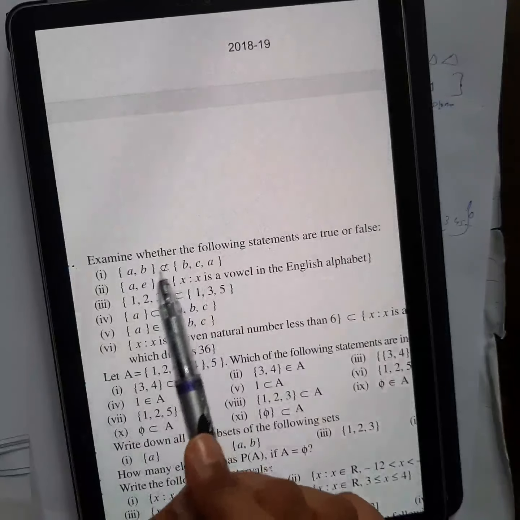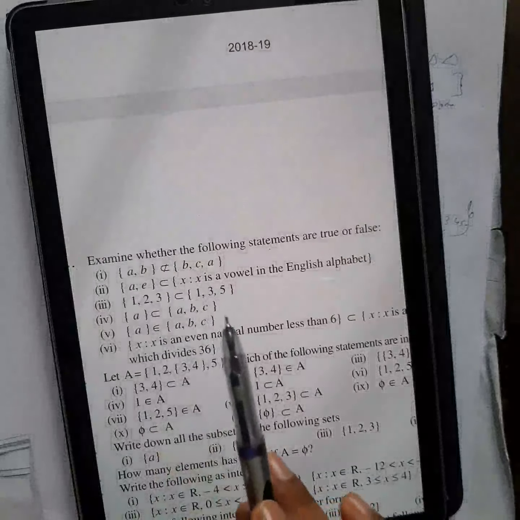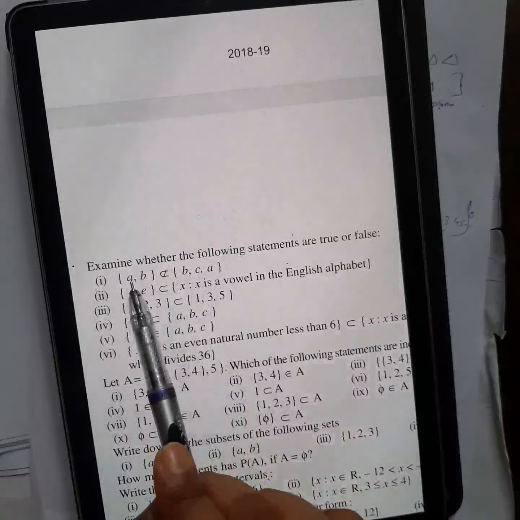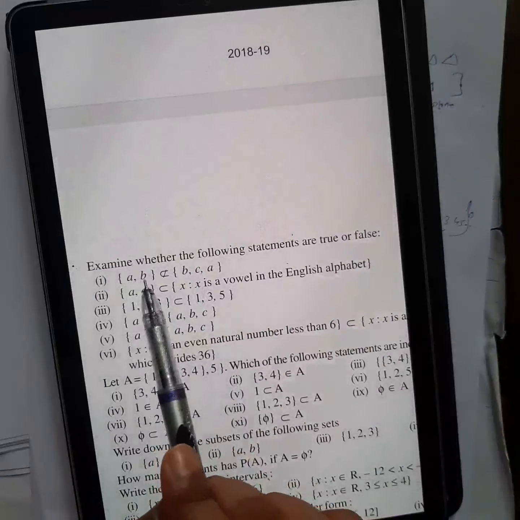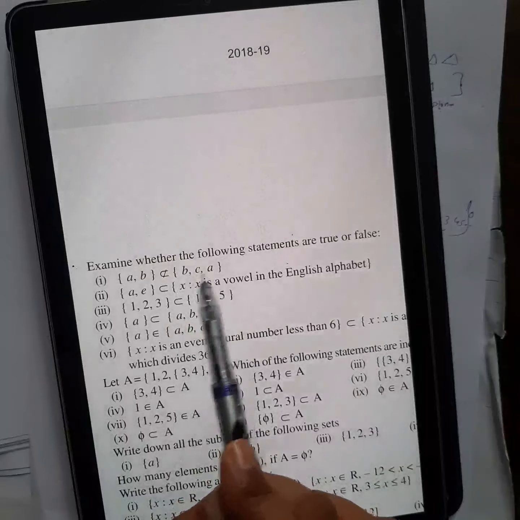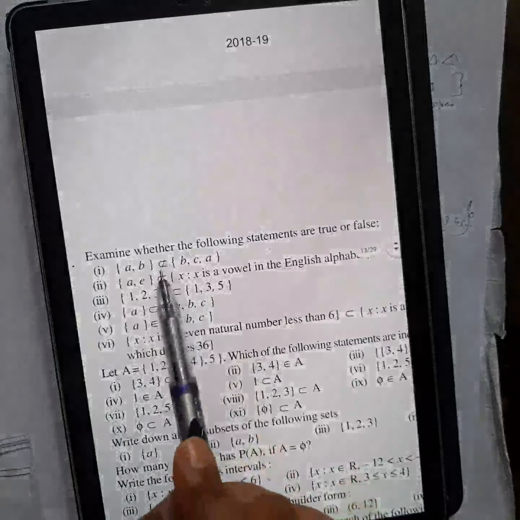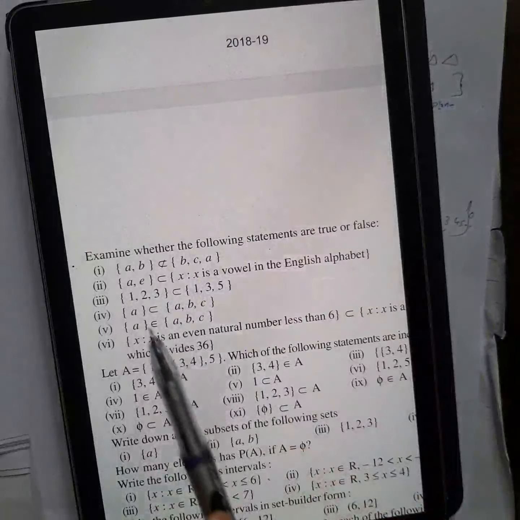This cannot be a correct statement. This is an incorrect statement. So what you will write is false. This statement is false. Actually it is a subset. You can see AB, it is contained in this set AB. So this is a subset of this one actually. Okay, and they have written not subset. So this is a false statement.